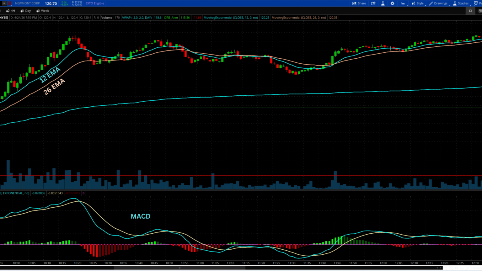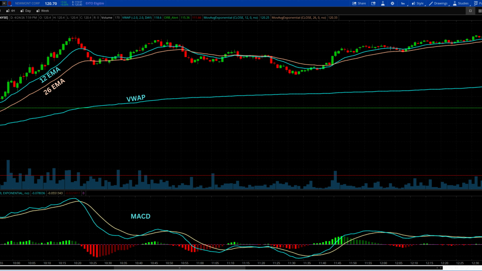4. Volume Weighted Average Price, VWAP. For day traders, VWAP is a crucial baseline. The synergy: VWAP acts as the fair value for the day. MACD signals can be used to time entries when the price returns to or bounces off the